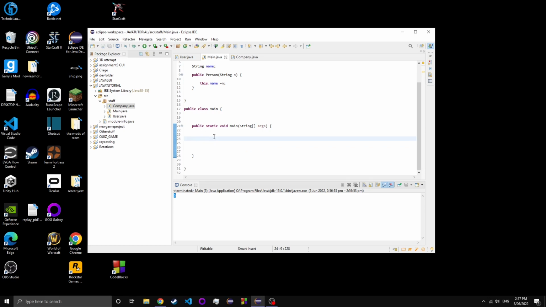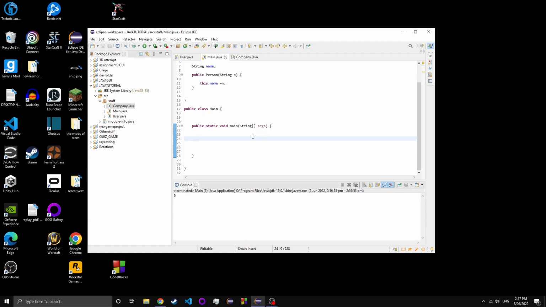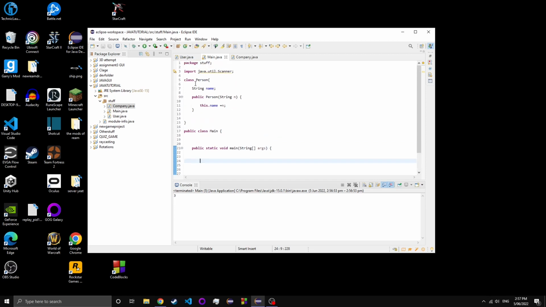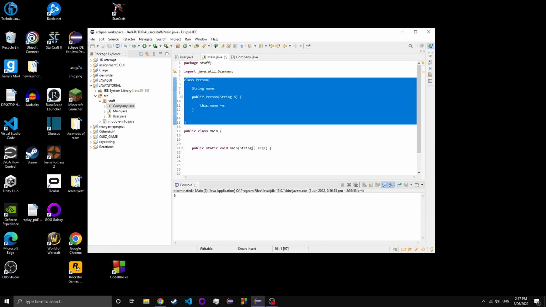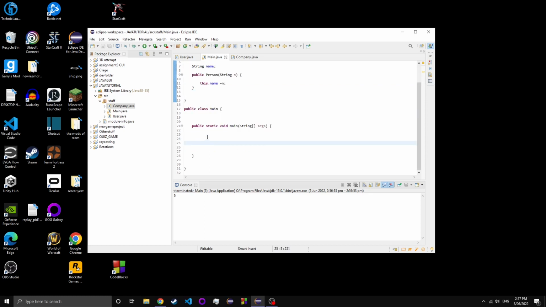Now, another interesting thing you can do with arrays is you don't just have to use the primitive data types, the ones we all know, ints, strings, doubles, that sort of stuff. We can also use our own class, which is why I have a class up here, person, and we have a name, and we have the constructor, which we input the name into. And so let's do that. Let's create a person